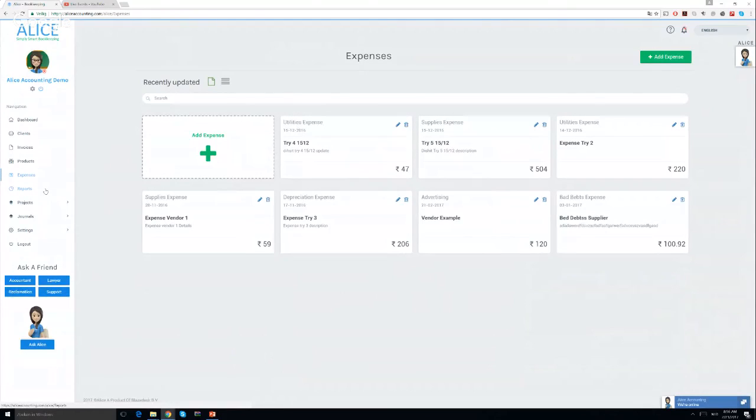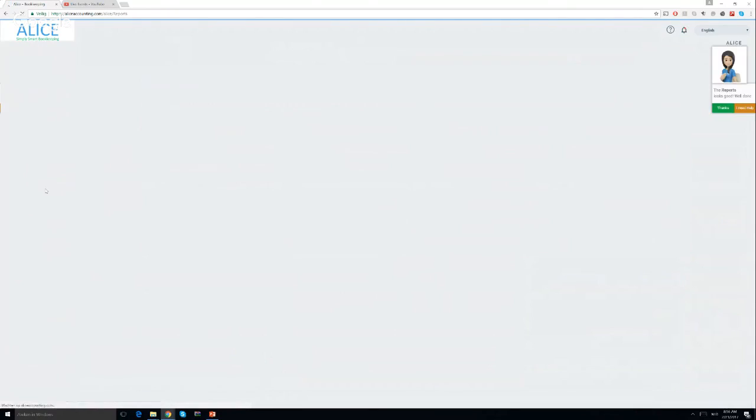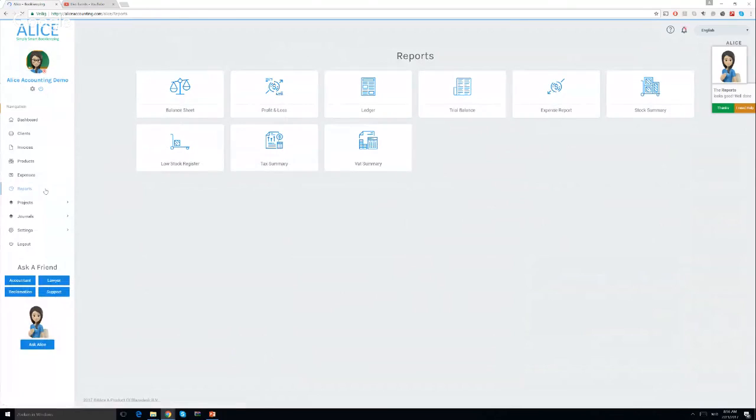Important section is the reports. In the reporting sections, we see different reports we currently provide as standard. For example, the balance sheet, profit loss, ledger, trial balance, expense, stock, low stock, tax summary, or VAT summary. So if you want to take a look, for example, at our profit loss,